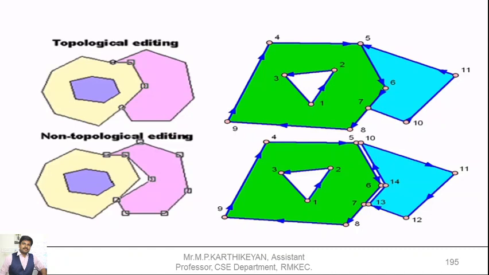This is the image which we saw in the first unit: the difference when we are using topology and when we are not. In the first image, the purple, cream and pink colors are three different entities. When they are combined together, there are no unnecessary gaps, no overlap and no underlap. That is called perfect topology editing. In the second model, you can see there is a gap between the pink polygon and the cream polygon. That is an error.